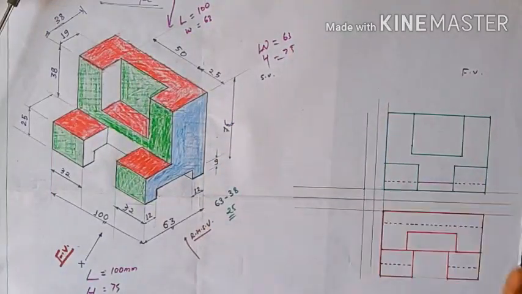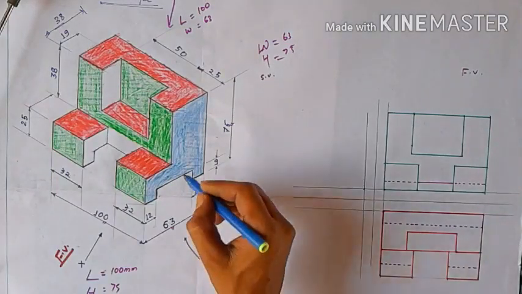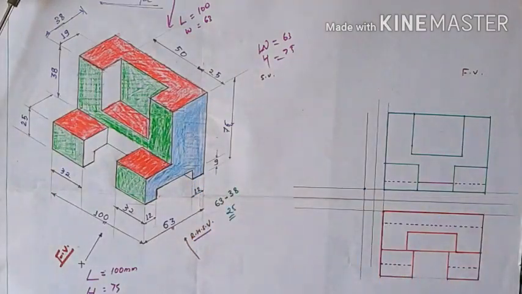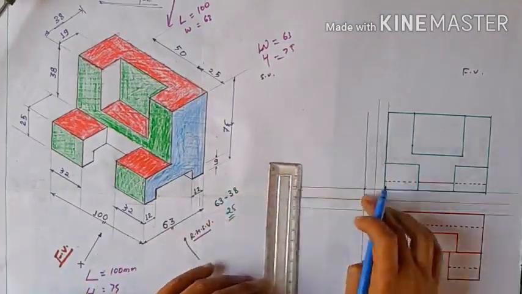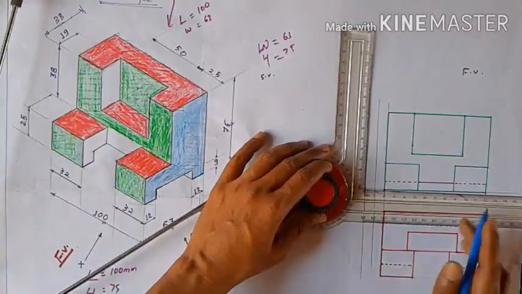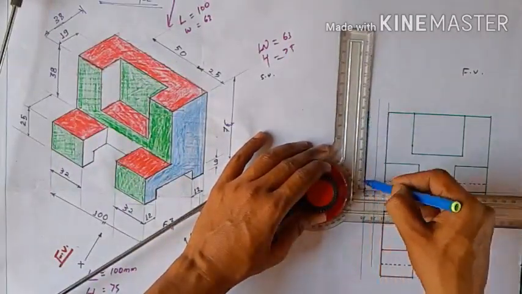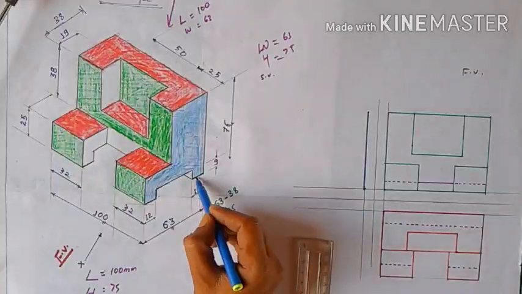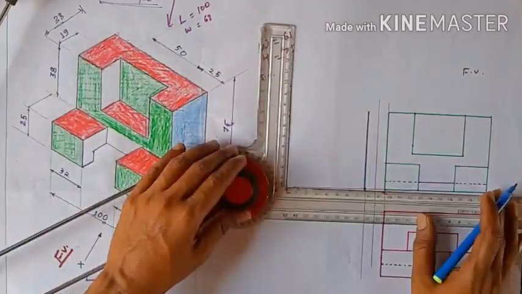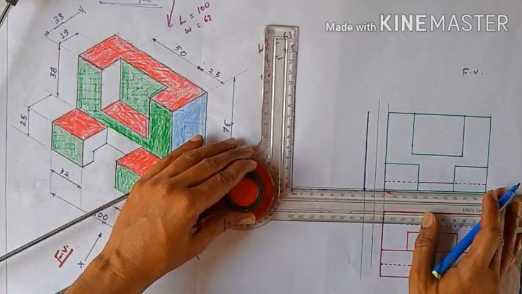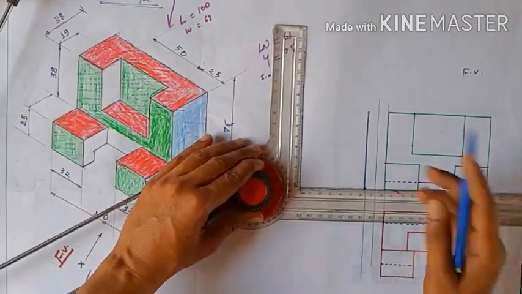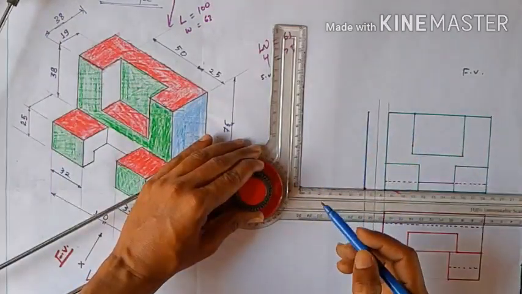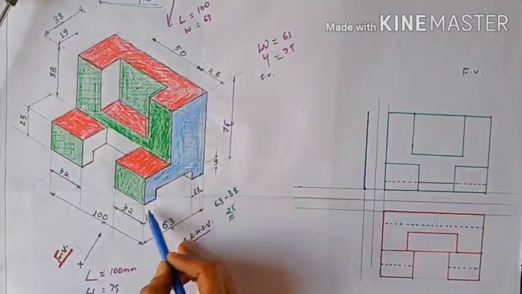Now draw from here. You are all using an HB pencil for showing this line, I use this. Now first we draw the height, and that is 75 mm, no doubt, and you put this line parallel to here. Now from here we mark 63 mm, just ticking the 63 mm. Here you are all seeing 63 mm. This is 63 mm, and now start from here.